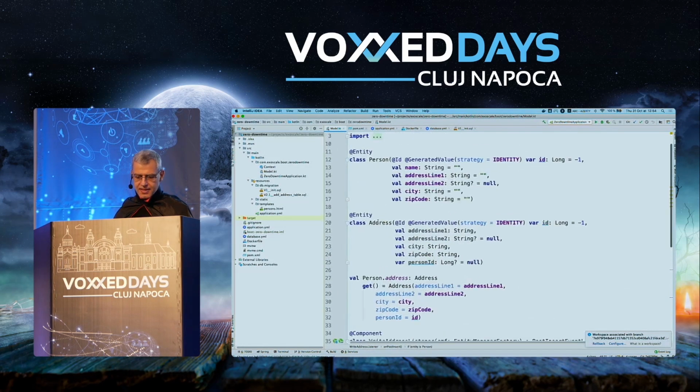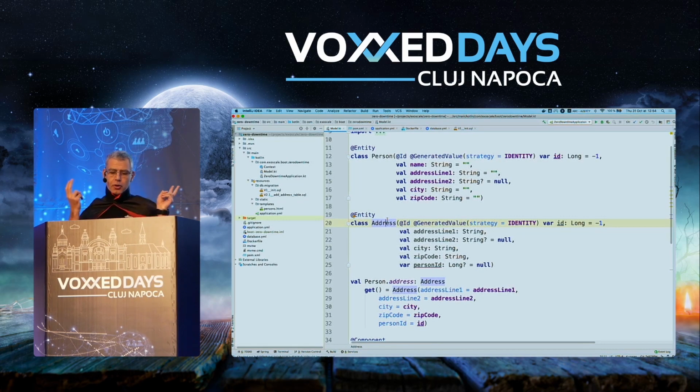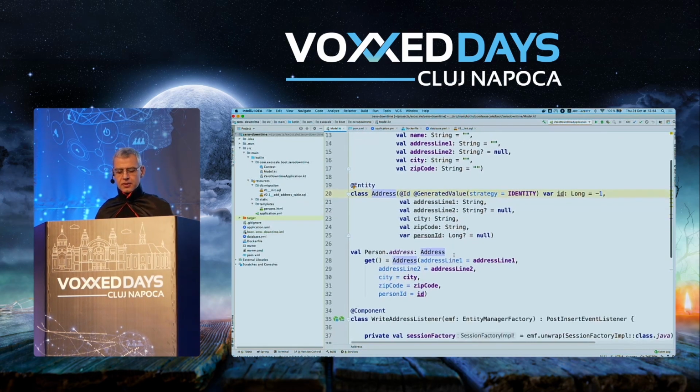So this is the address entity. It's nearly a copy-paste of the person without the name of the person. Because I'm using Kotlin, I created an extension property. That's super cool. If you don't know Kotlin, just check that. Just for that, it's worth using.